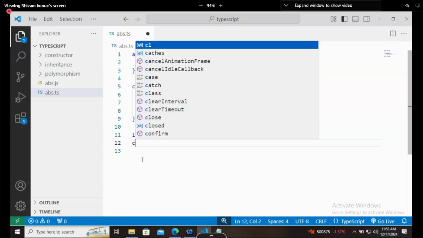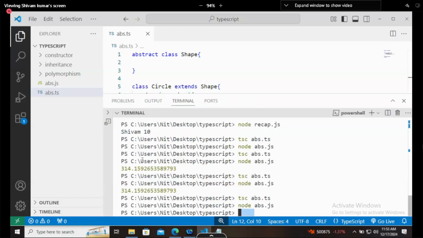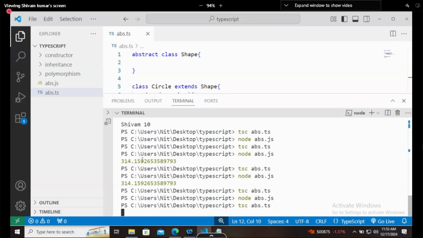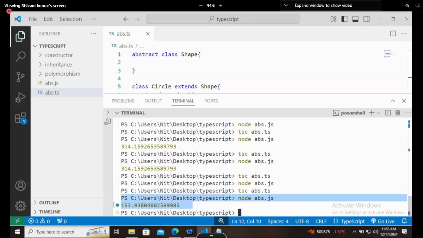So let's execute. So c1.area, and here I will give 100 value, or not 100, let's say 7, right? Once you are giving the value as 7, it is printing the value, and the answer is correct only.